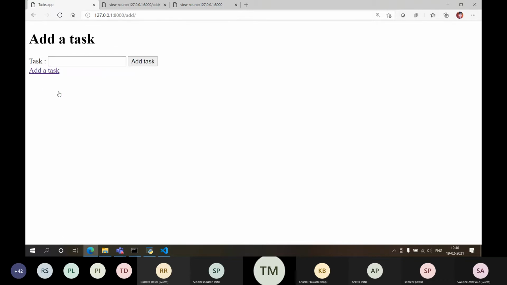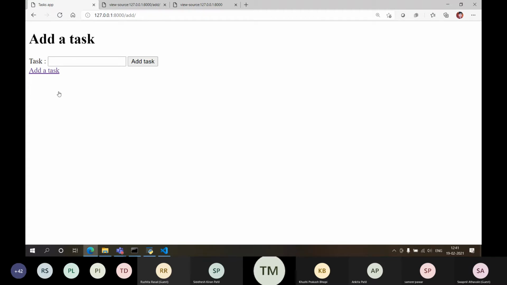Right. So let's add a task into this. How to add a task? Now usually when we submit something, there are some methods of the form, like how a form gets submitted. It's a very simple scenario, right? So for the form, we have to write an action page, right? And inside the action page we code the logic for adding the form.